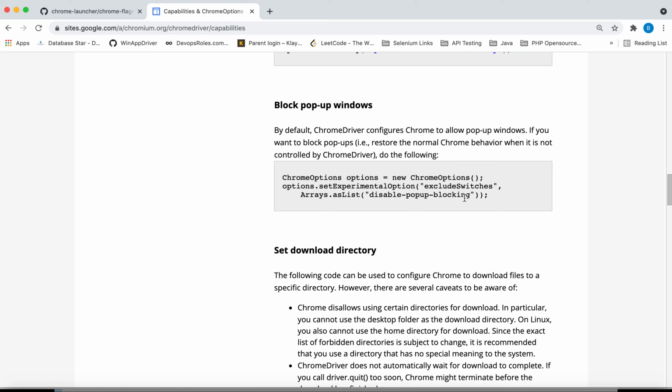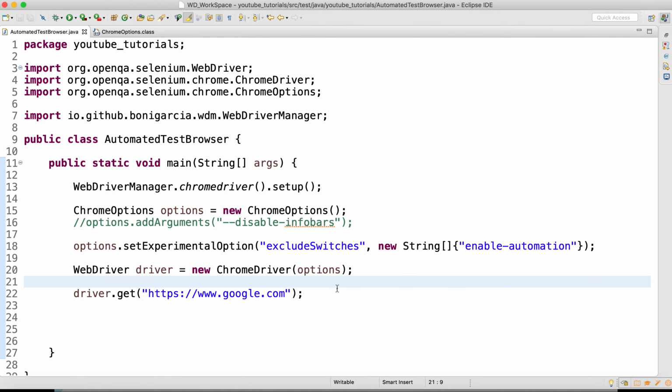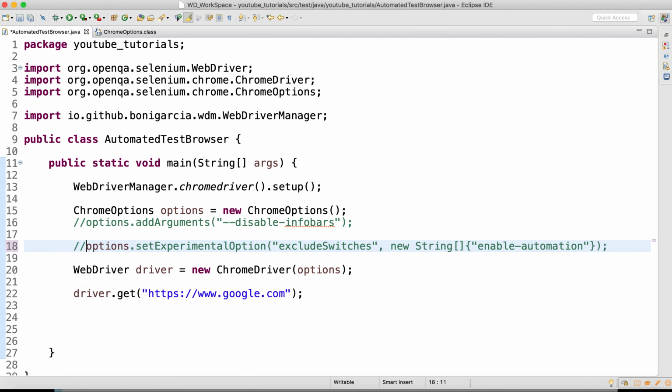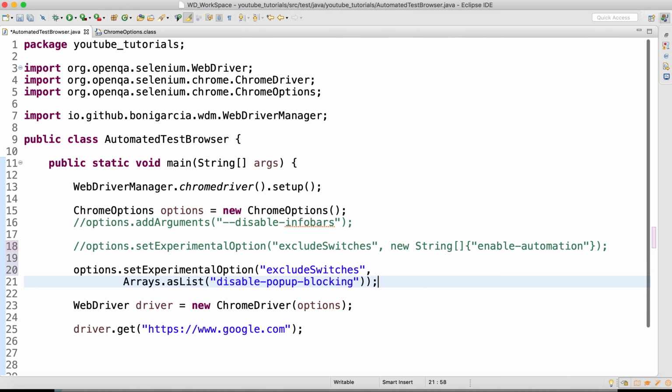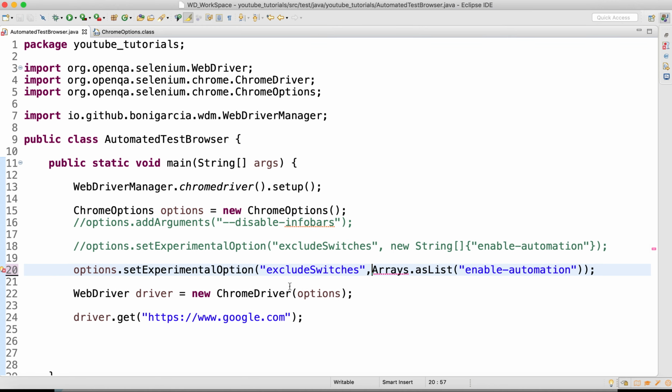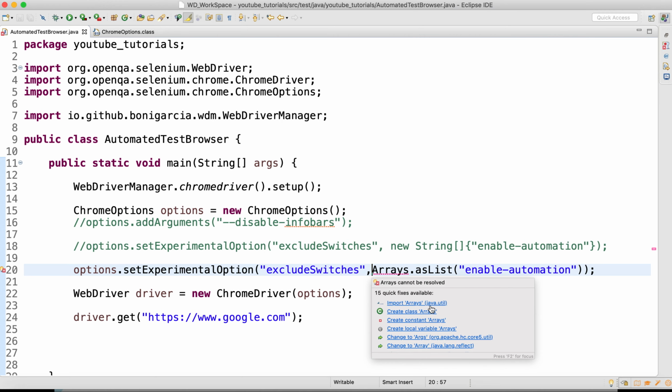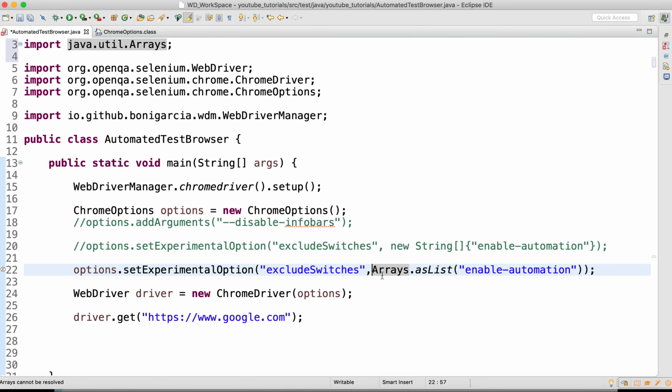I will just copy this, and then let me comment this, put it here, and then put this particular option, enable-automation. Everything is the same. It's just that instead of creating a new string, I am utilizing the java.util Arrays class.